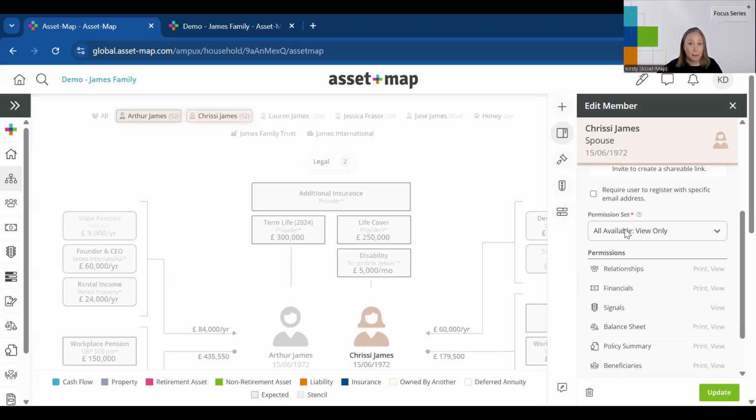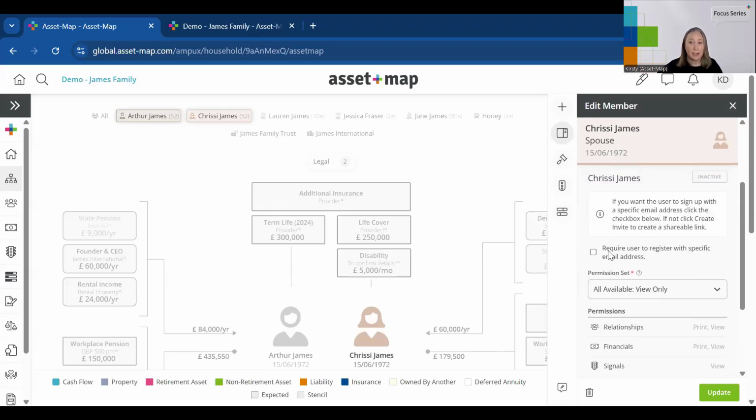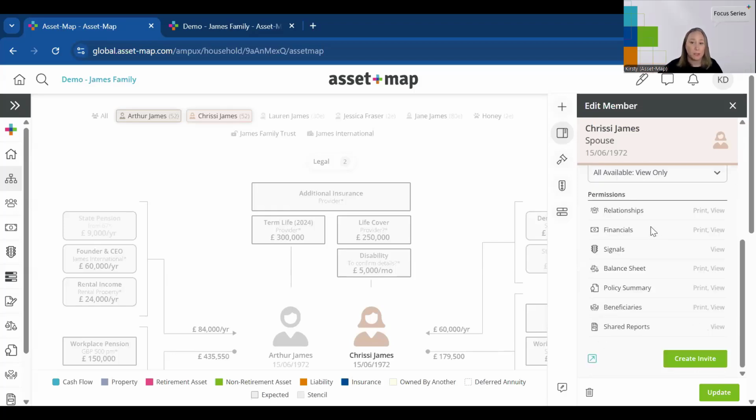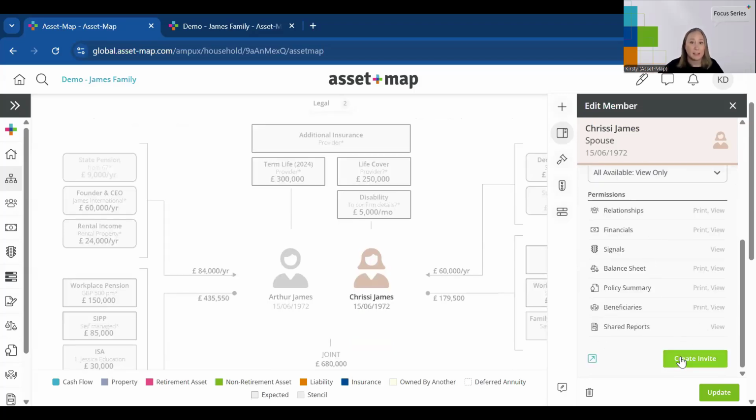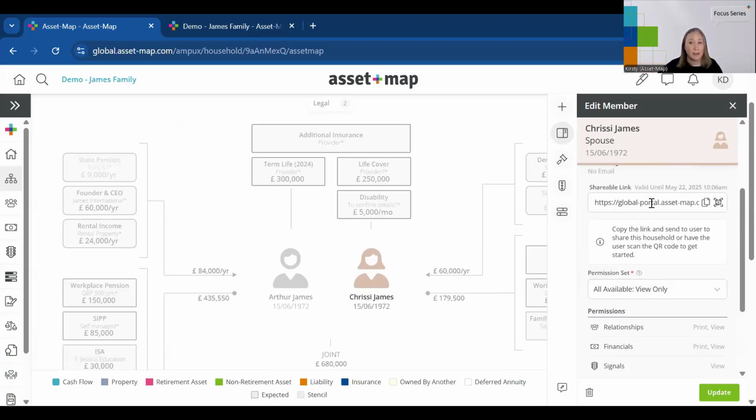But for now, to set up client portal access, I decide with regards to which email address, I select the permission, how much do I want the client to be able to see, and then I simply select create invite. What this does now is it creates an invite, a link that I can share with the clients. And I can copy that link and send it to the client, say via email, and they're guided through a